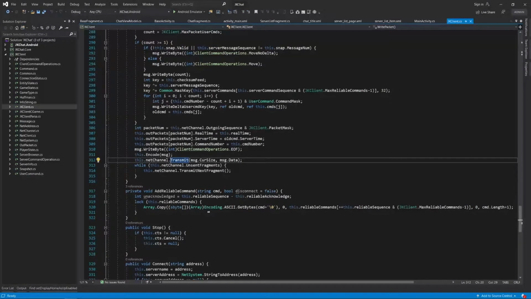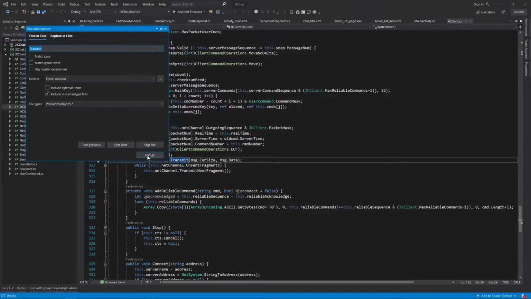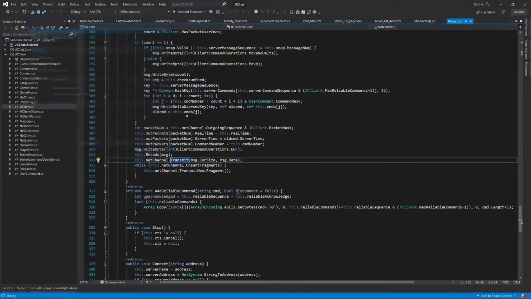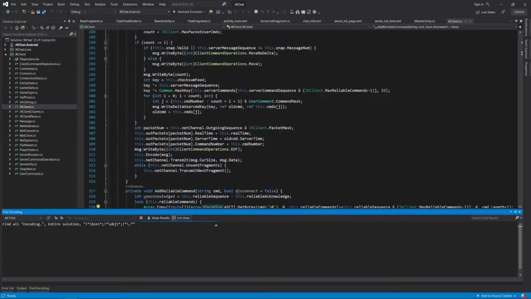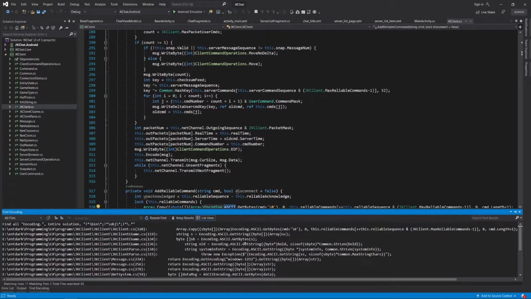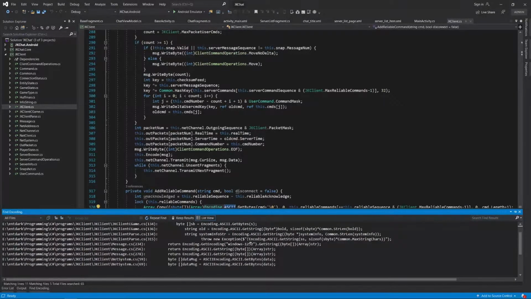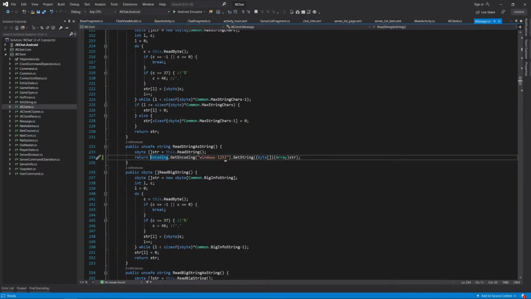Yeah, I also wanted to replace encodings, and I wanted to do this with the initialization of encodings. As I found out yesterday, the most proper encoding is Windows 1252,